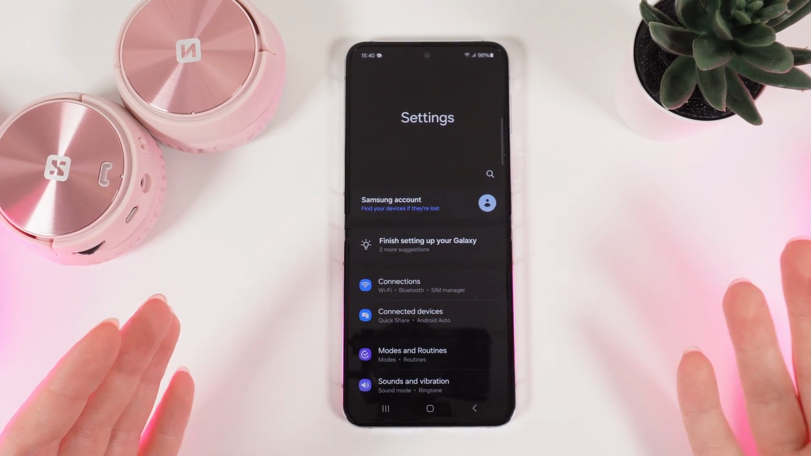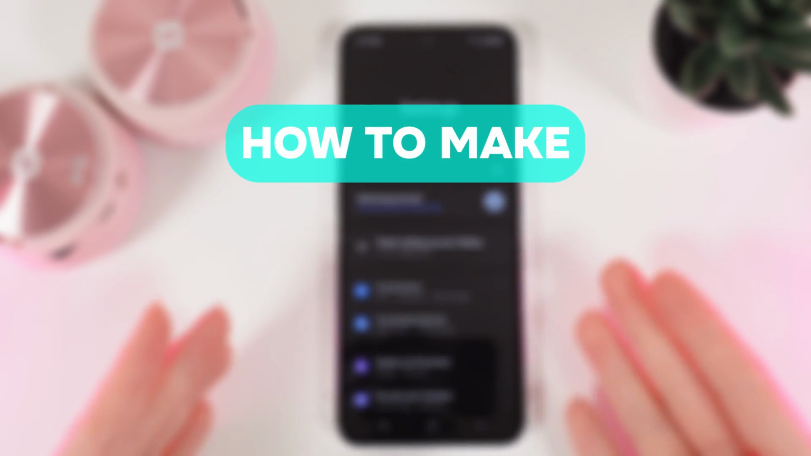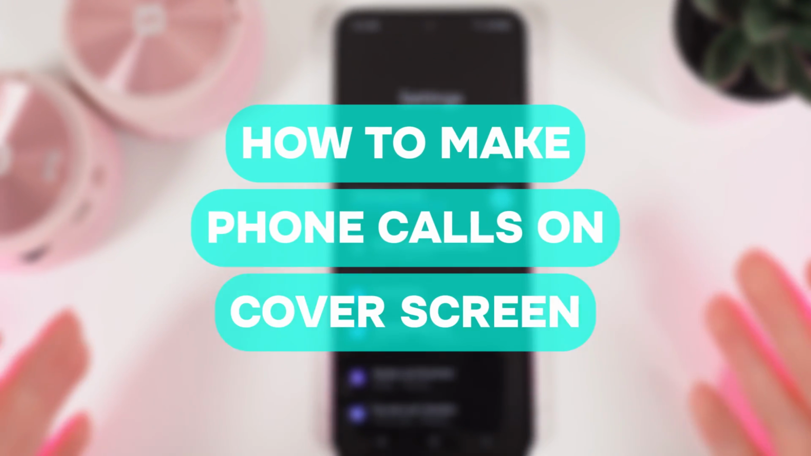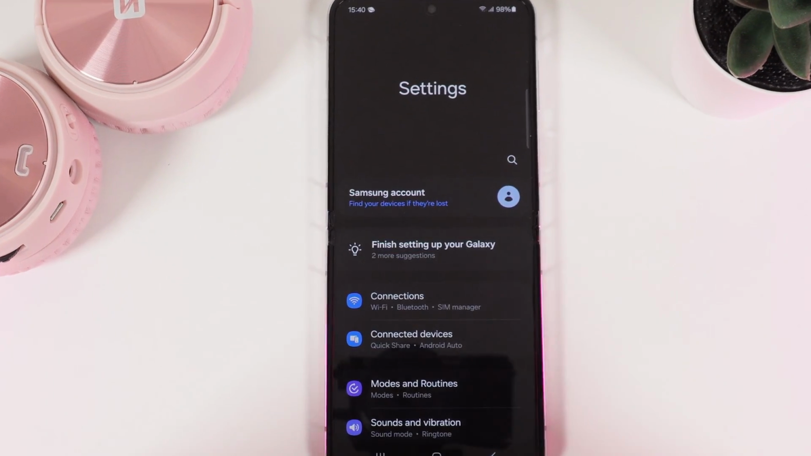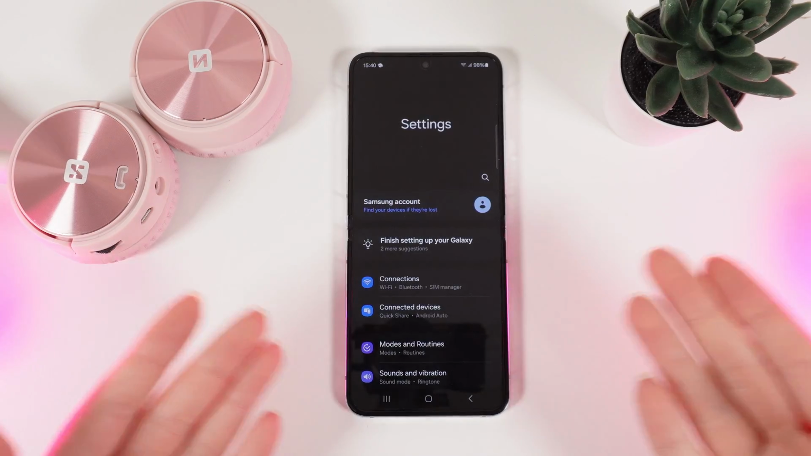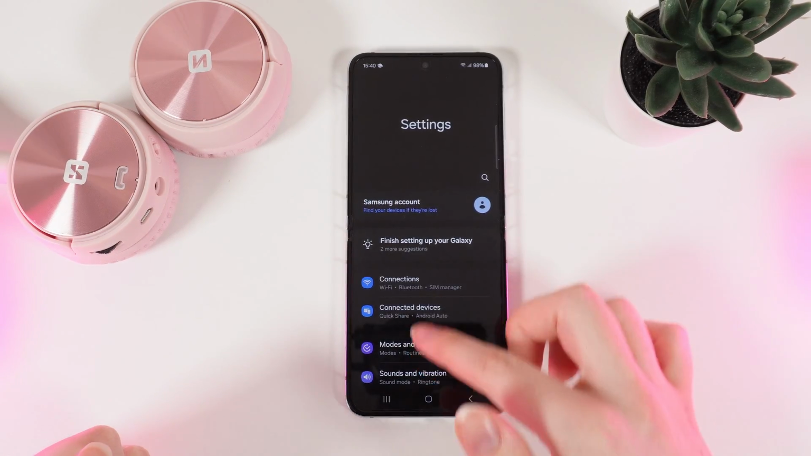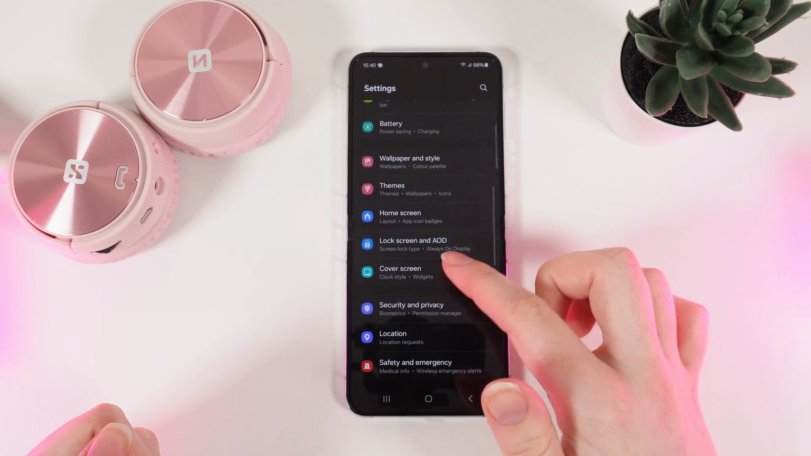Hello guys, and in today's video I'll show you how to make calls right from the cover screen of your Samsung Galaxy Z Flip 5. Let's get started. Firstly, open settings on your phone and then scroll down until you see this tab named